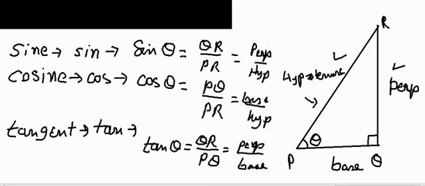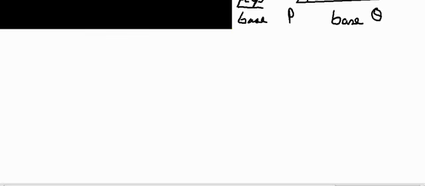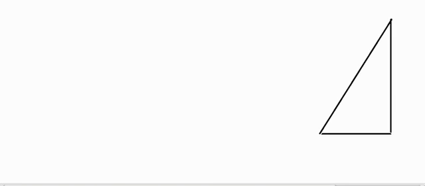Now, as we have these three important ratios, similarly there are three more ratios which are reciprocal in relation to these three ratios. Let me explain these three more ratios, and these are the basic ratios which you have to know. So let's take that triangle once more. It's very easy, but you have to be very attentive, because this is slowly going to get built into trigonometry's further complex problems.